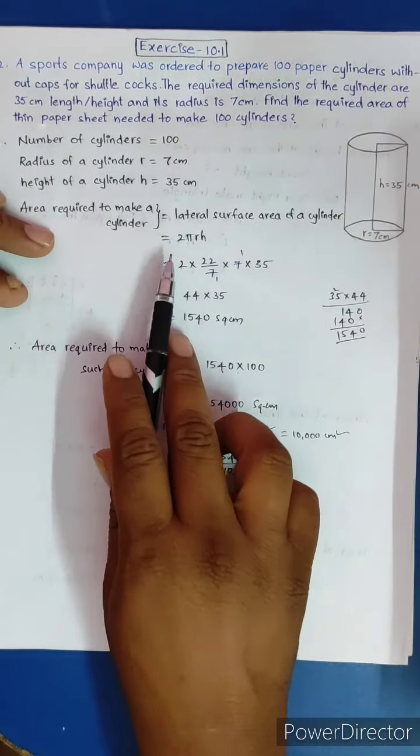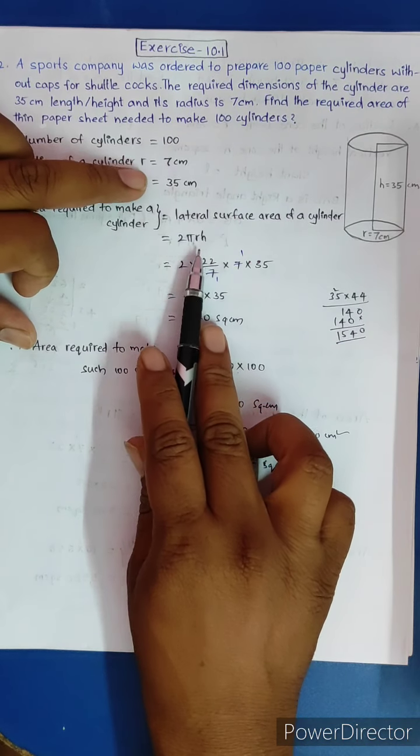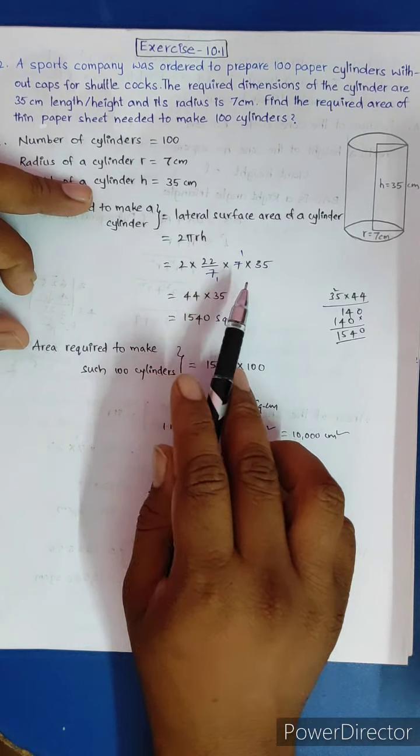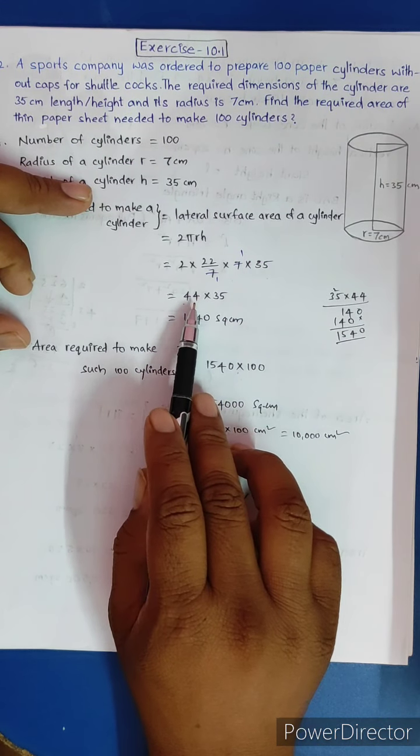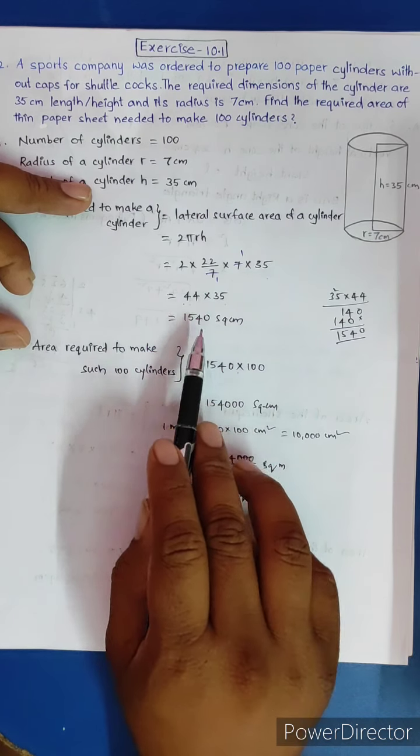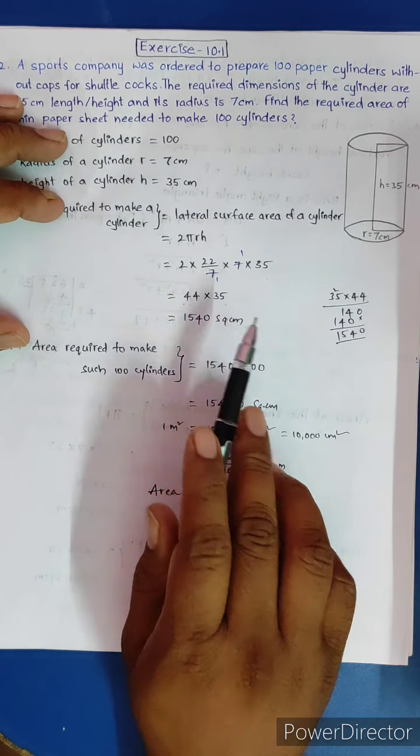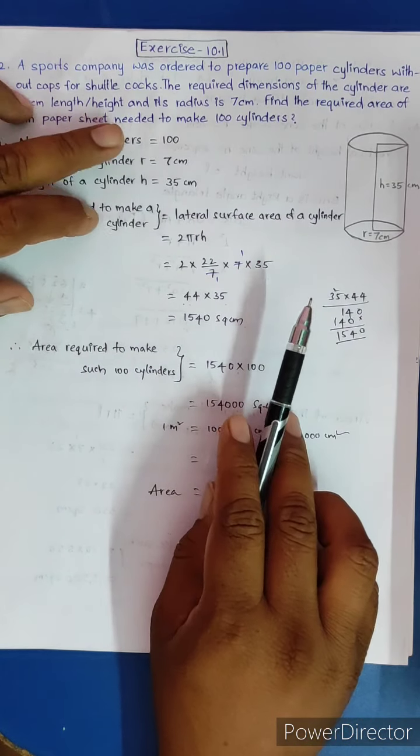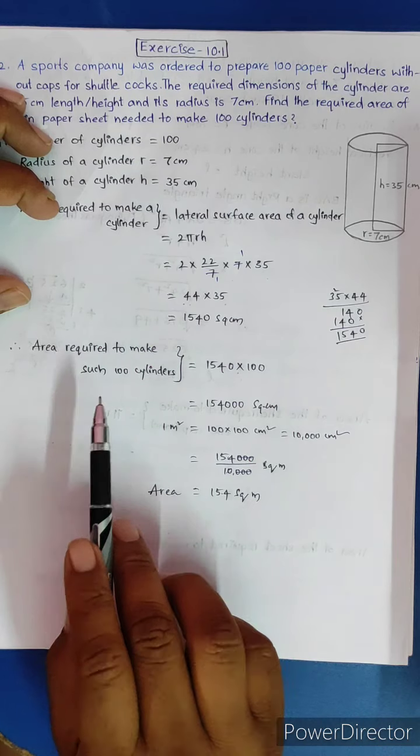Now 2 pi value 22/7 into r, 7, h, 35. 7 gets cancelled. 22 twos are 44 into 35. The product of 44 and 35 is 1540 square centimeter. That is the area to make one cylinder. Asked to make 100 cylinders. So the area required to make such 100 cylinders